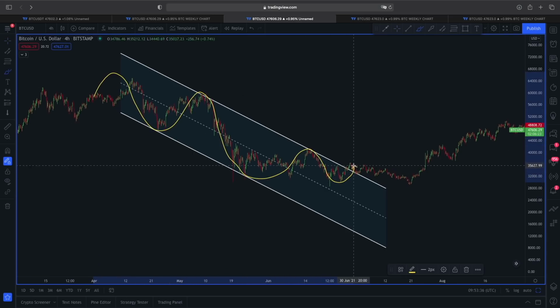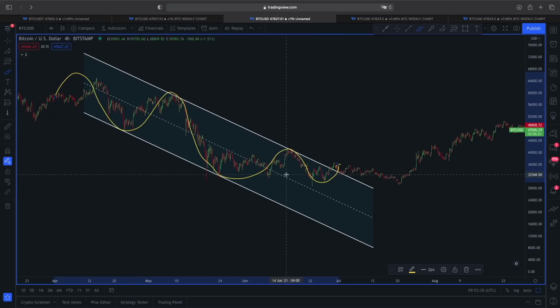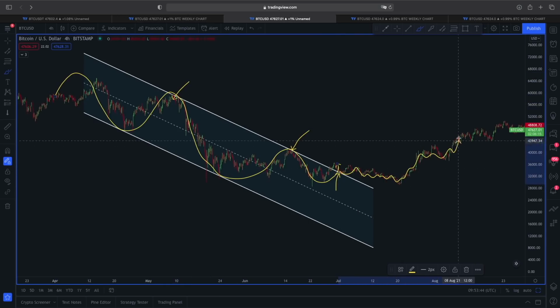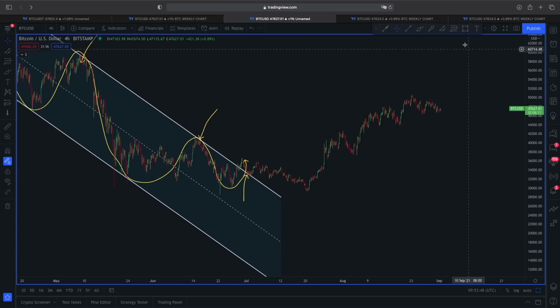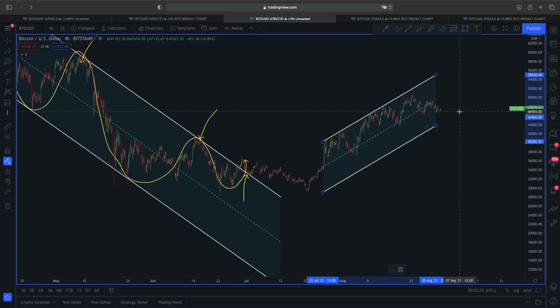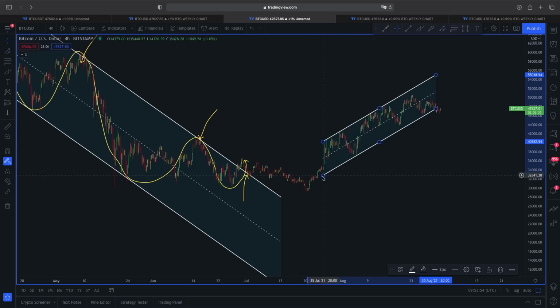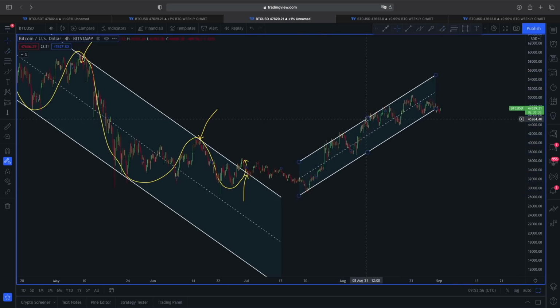But after breaking out of this falling trend line, which was acting as a strong line of resistance, we retested this line, right? Saw some sort of shakeout and started this new rally here to the upside. And if you look at this new rally, we can see another very interesting scenario playing out here for Bitcoin, because if this is going to start another